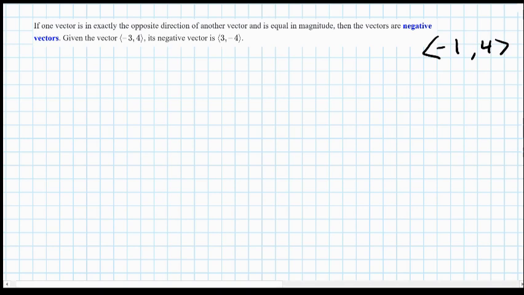One of the basics of vectors is this idea of negative vectors, where we are just taking the negative version or the opposite direction of a vector. So, for example, if we were given a vector 3, negative 3, 4, I'd go back 1, 2, 3, up 1, 2, 3, 4. So I have this original vector here. The negative vector is just 3, negative 4. So if I were to take this, I'd go 3 to the right, 1, 2, 3, 1, 2, 3, 4